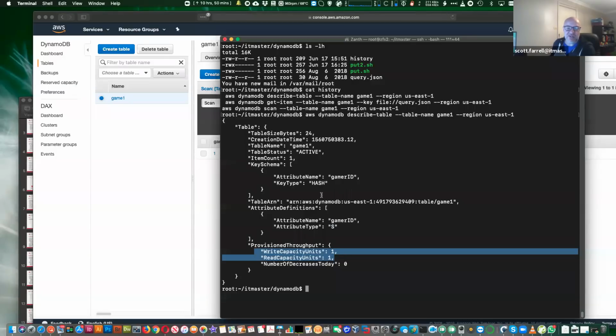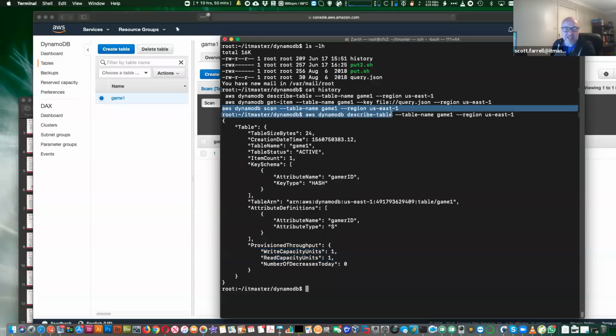So to keep this database running costs about 50 cents a month with one read capacity and one write capacity in it. So it can be fairly cost effective as well. Even if you scale it up to say 10 read and write records a second, which can be a reasonable amount for some applications, it's only about $2 a month or something. So, you know, it's not ridiculously expensive.